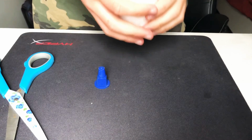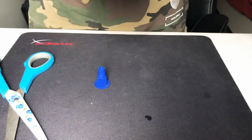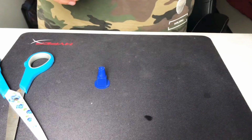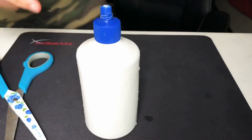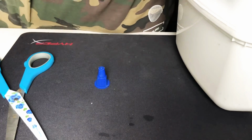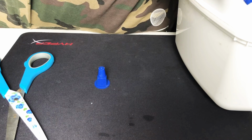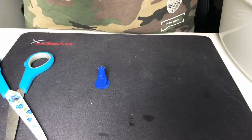I've filled it up with Orbeez. You can see some Orbeez in there. And I'm going to try and see if this works on my hand, which it does not. I'm going to tip a little bit of that water out. Once the water's out,